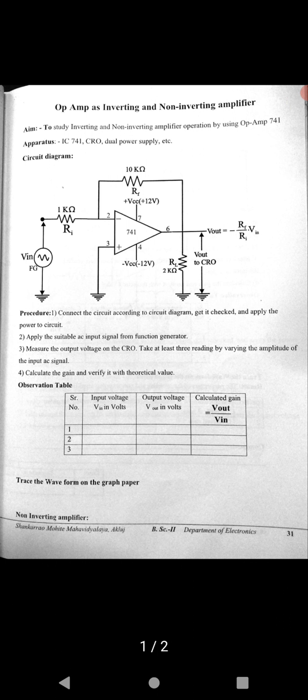You can see how we performed this experiment in our laboratory in the second link. I think the whole chart is explained and completed here, and I hope you all got it. This was our experiment chart on the operational amplifier as an inverting and non-inverting amplifier. I think I'll stop here, and thank you all.